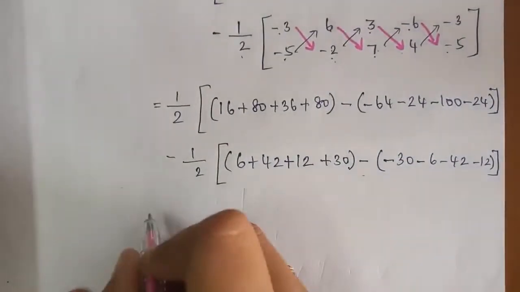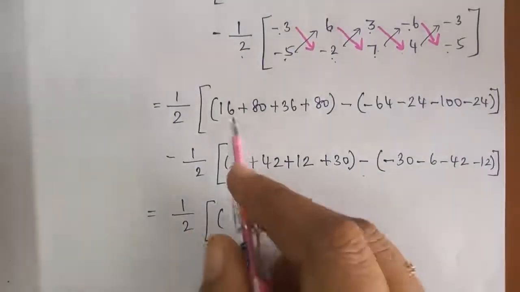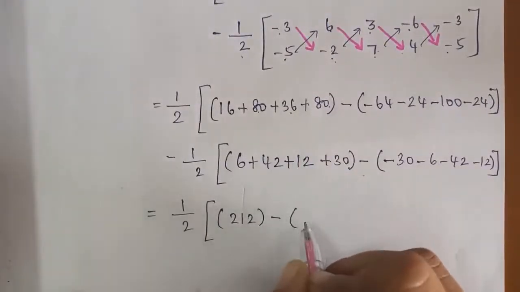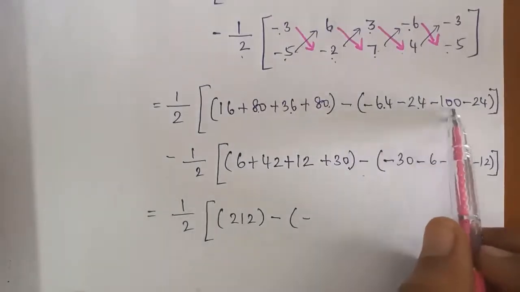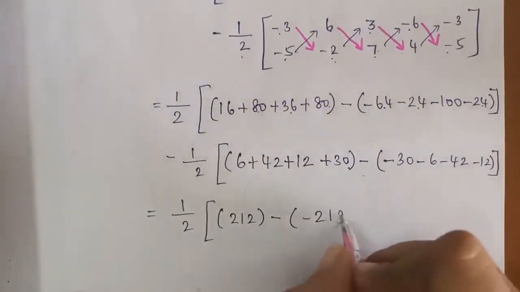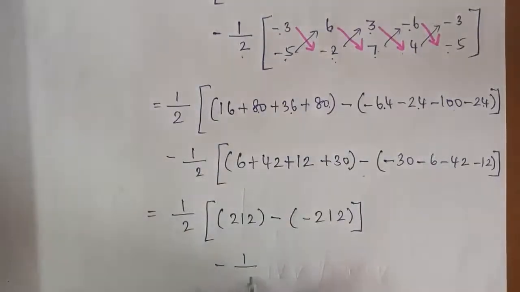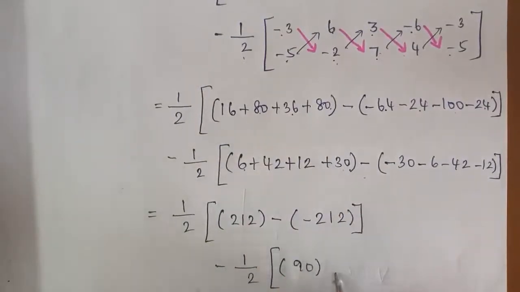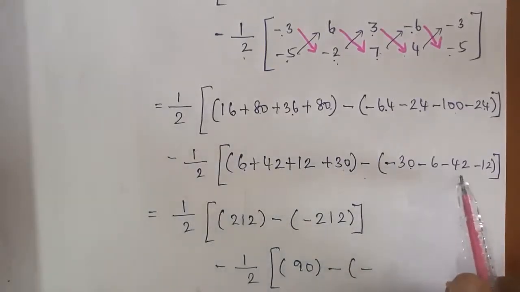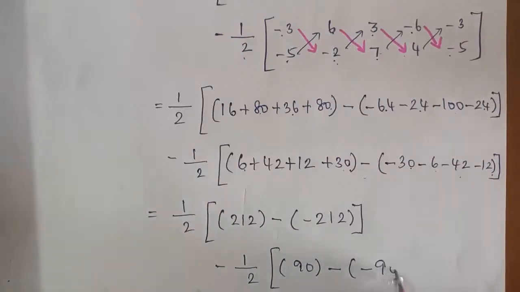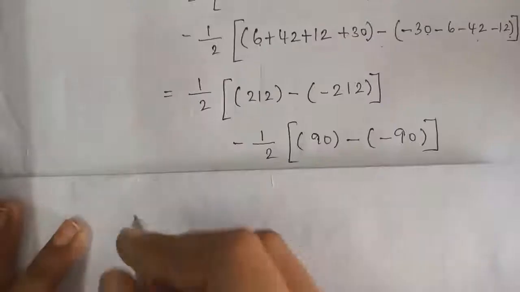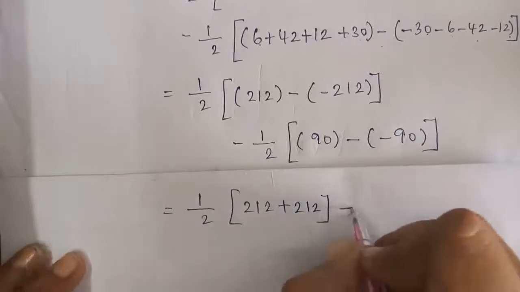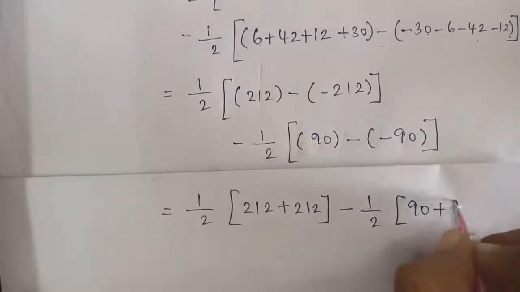Which is equal to 1 by 2 into 16 plus 80 plus 36 plus 80 is 212, minus of 64, 24, 100, 24 is again 212, minus 1 by 2 into 6 plus 42 plus 12 plus 30 is 90, minus of minus 30 plus 6 plus 42 plus 12 is 90, which is equal to 1 by 2 into 212 plus 212 minus 1 by 2 into 90 plus 90, which